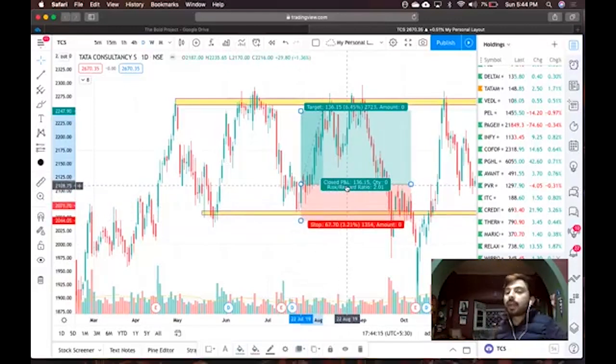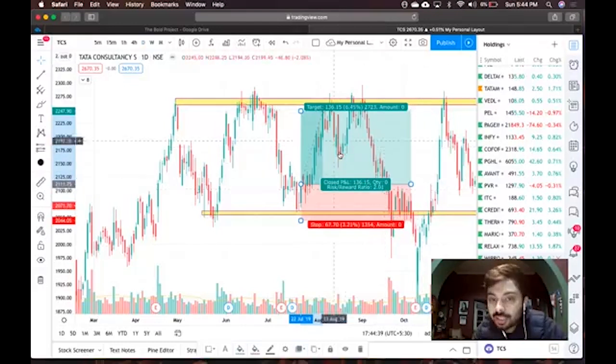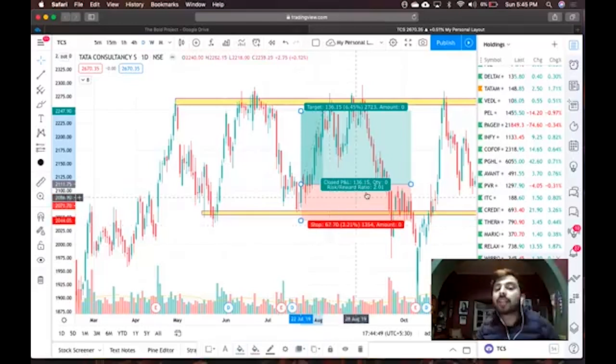This tool is very, very helpful in deciding what should be the risk reward in trading. Risk reward basically means you can see the ratio 2:1. What does that mean? This basically means how much reward do you want, and at the same time, how much risk are you expecting? So for example, I want 100 rupees profit, and at the same time, I only want a 50 rupees risk in front of that. I hope that point is becoming clear. So in this example, you want a 136 rupees profit, but you only want a 67 rupee loss. That means you want 2 rupees profit per unit of loss. That is a good ratio.